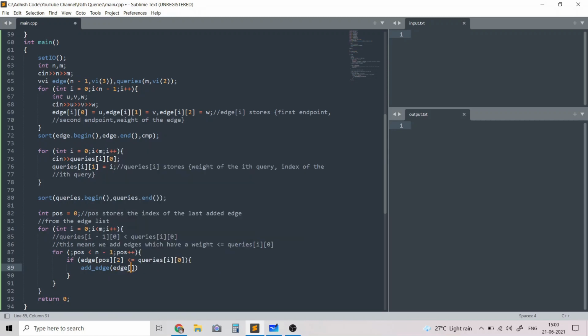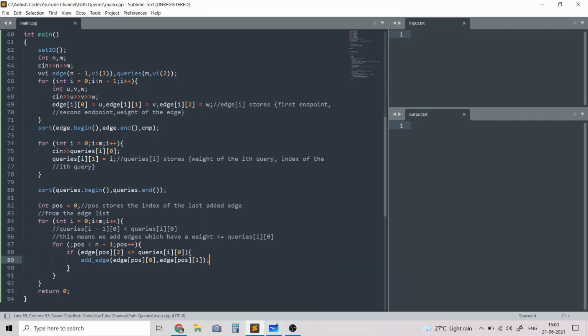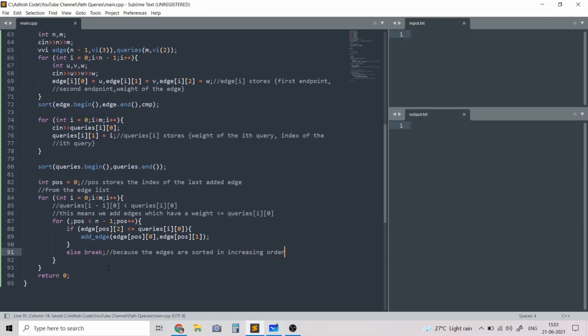So basically edge of pause of 0, edge of pause of 1, and otherwise we'll basically break because the edges are sorted in increasing order, and we know that any other edge after pause will have a weight greater than queries of I of 0, and that won't be in the graph which we are creating.